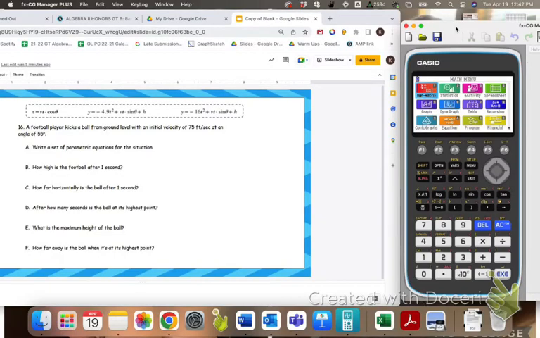All right, so I went ahead and reset my memory so we can go over the settings that we need to change here. I'm going to go to my graph. So first thing, let's make sure we're in degrees. So shift, menu. Let's scroll down to angle. And let's make sure we're in DEG for degrees because we are taking the sine and cosine of a certain